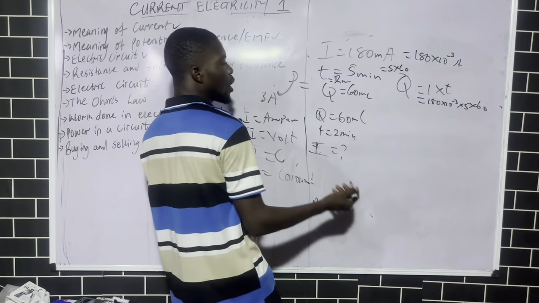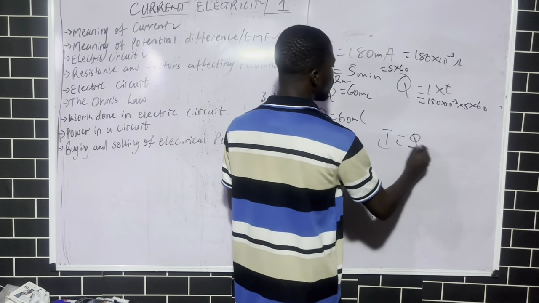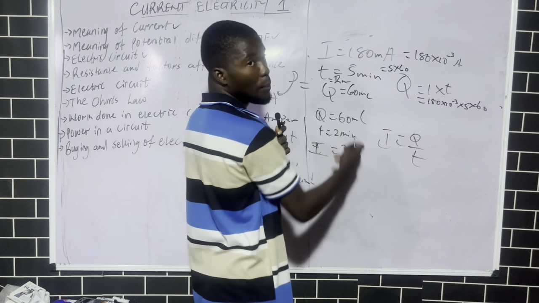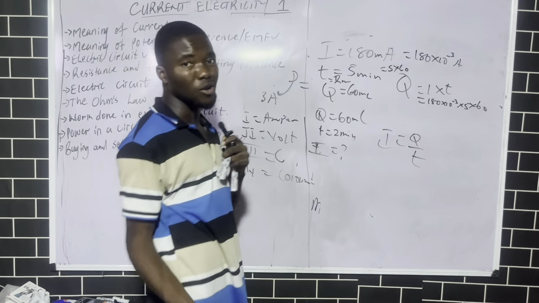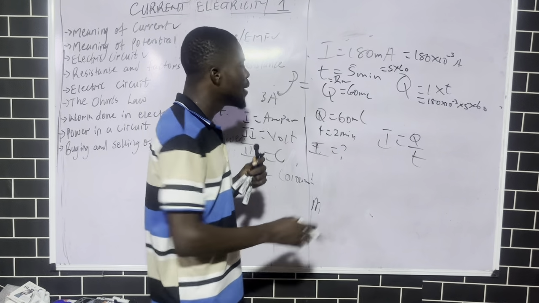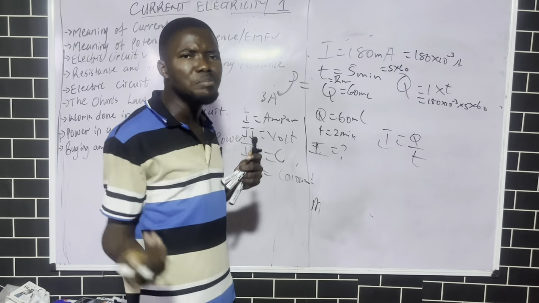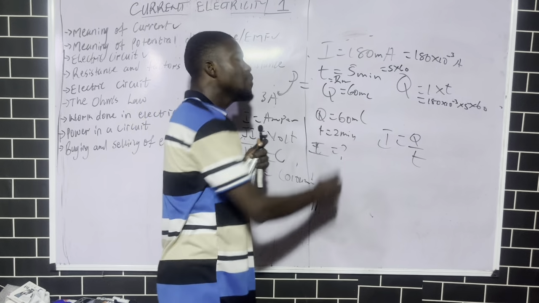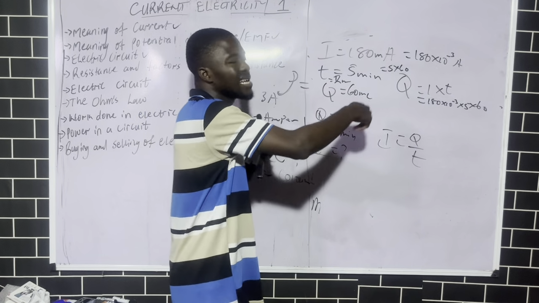So we know current is what? I is equal to Q over T. So as easy as this. All you have to do is put your values, changing millicoulomb: milli means 10 raised to minus 3. Many people will not do that, and that's why they will just go ahead and solve. They will just remove the milli. It's wrong. Put your milli there. It's a subunit. So milli means 10 raised to minus 3. So 60 times 10 raised to minus 3 over